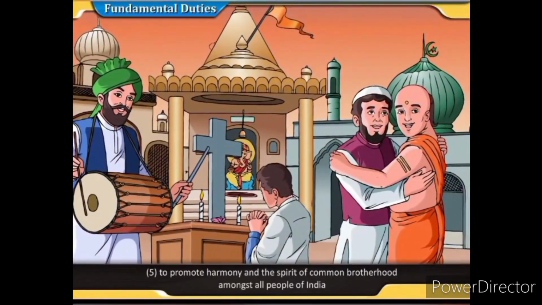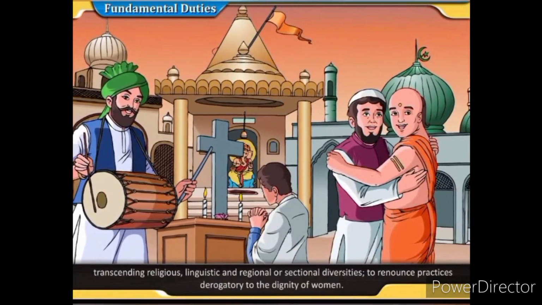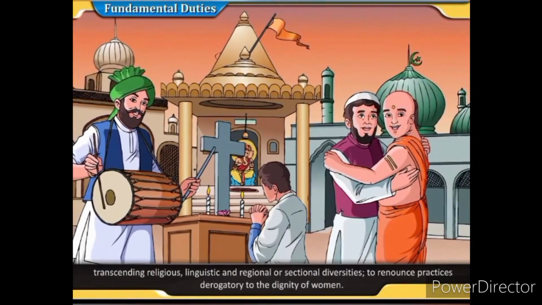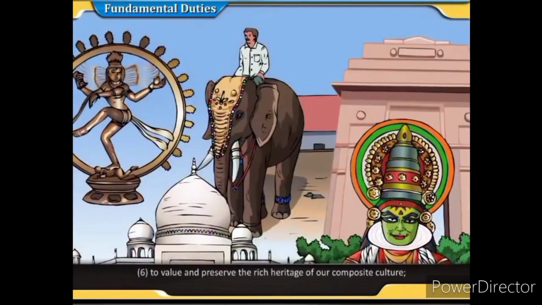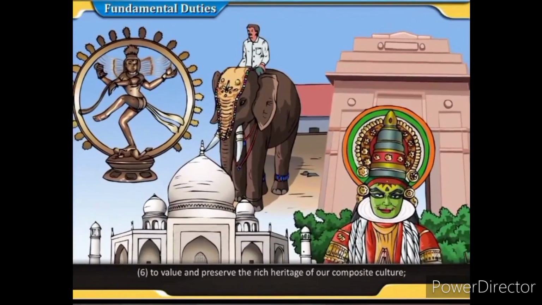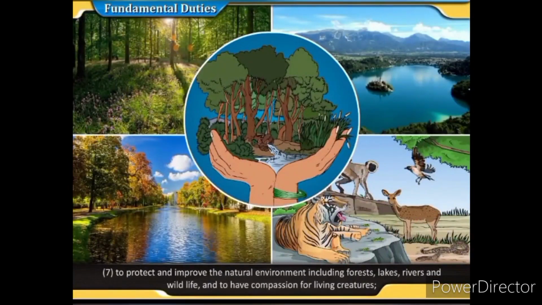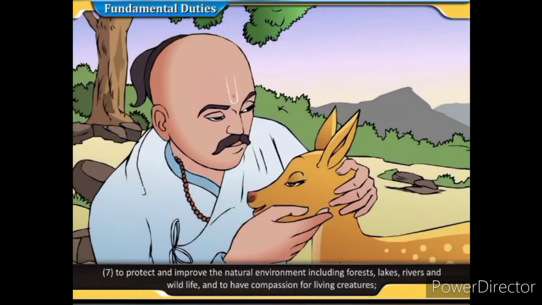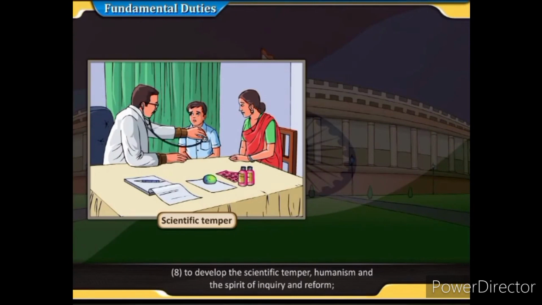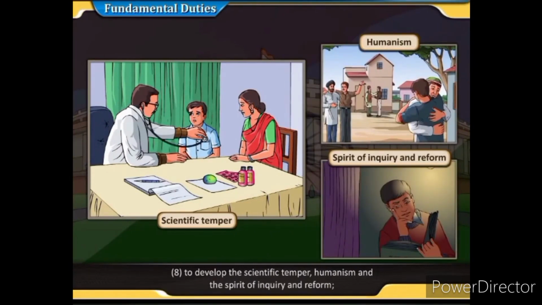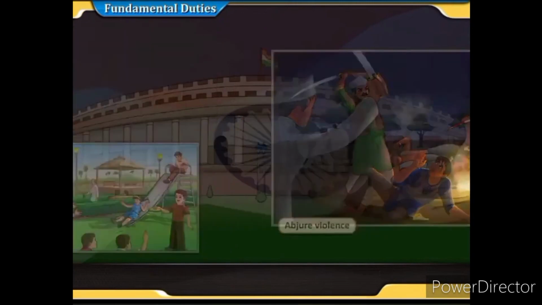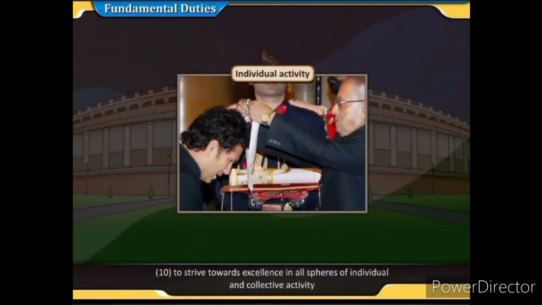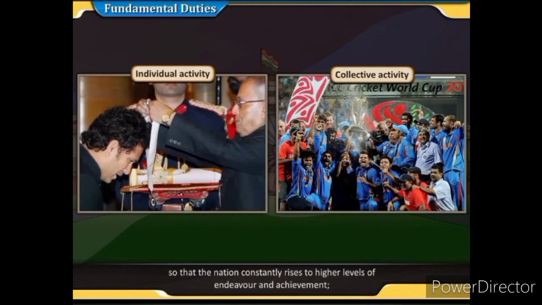to promote harmony and the spirit of common brotherhood amongst all people of India, transcending religious, linguistic and regional or sectional diversities; to renounce practices derogatory to the dignity of women; to value and preserve the rich heritage of our composite culture; to protect and improve the natural environment including forests, lakes, rivers and wildlife, and to have compassion for living creatures; to develop the scientific temper, humanism and the spirit of inquiry and reform; to safeguard public property and to abjure violence; to strive towards excellence in all spheres of individual and collective activity so that the nation constantly rises to higher levels of endeavor and achievement;